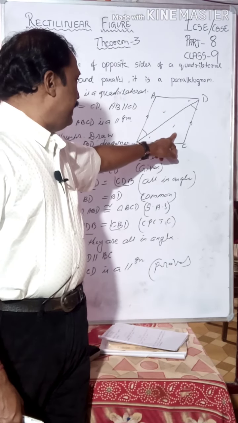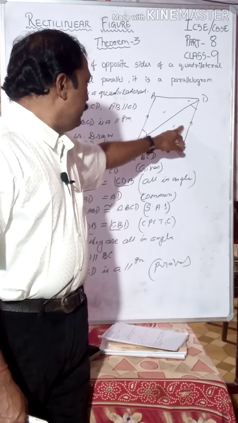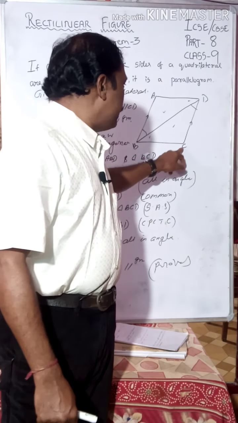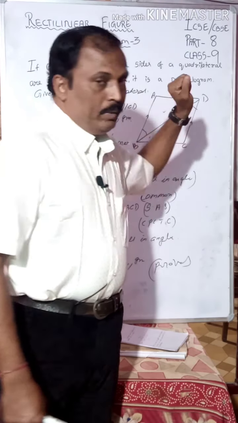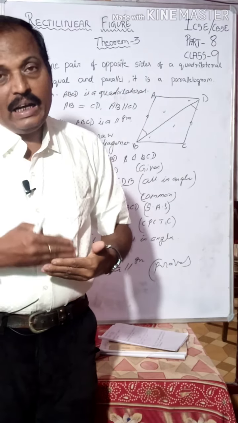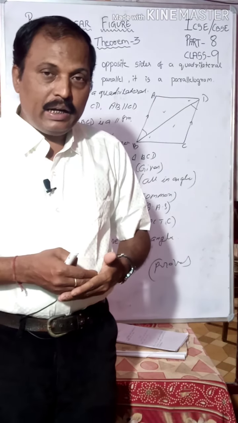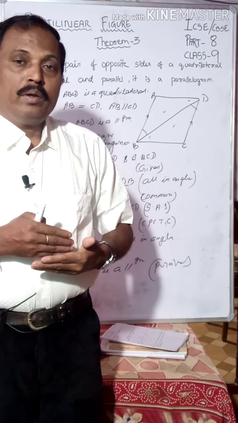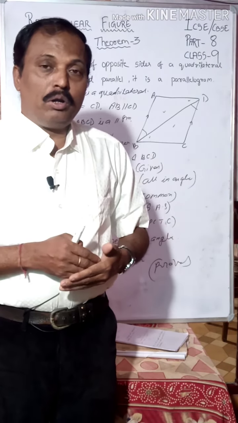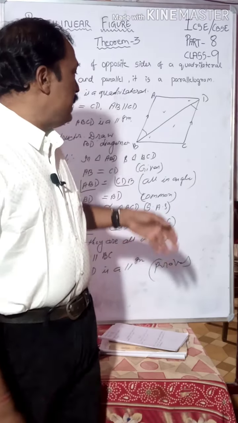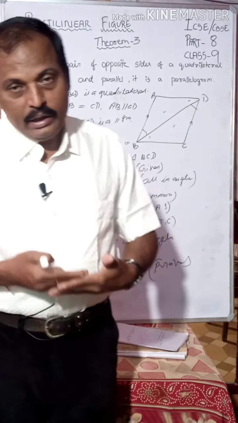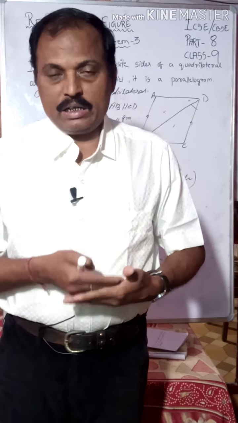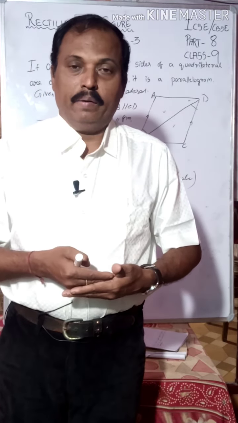BCD, AB is equal to CD, angle ABD is equal to angle CDB, alternate interior angles, and BD is equal to BD. So according to side angle side, if two sides and the included angle of one triangle are equal to two sides and the included angle of the other triangle, then the two triangles are said to be congruent. So two triangles are congruent to each other. After congruency, the rest of the components of the triangles are also equal by CPCTC.